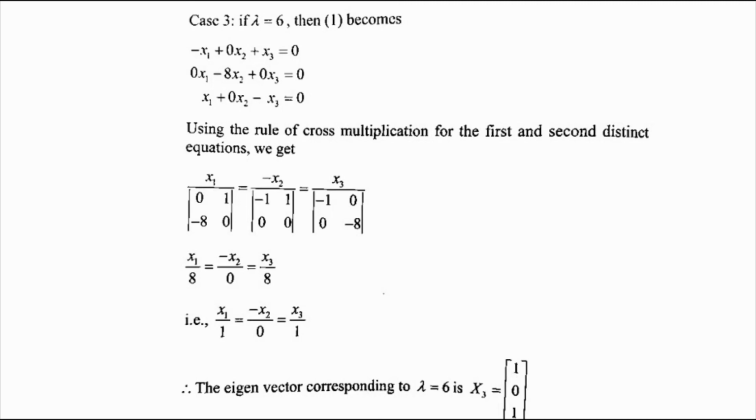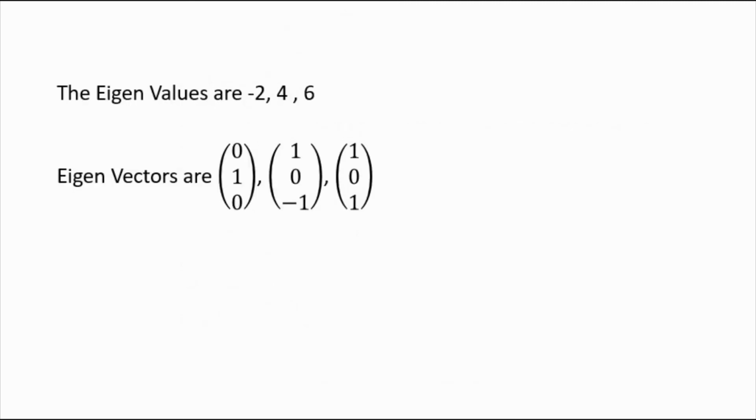So we have got the 3 eigenvalues and 3 eigenvectors, and they are given here in this slide. That is, the 3 eigenvalues are -2, 4, 6, and the eigenvectors are also given here. We also know that all the 3 eigenvalues are different, and in the same way the eigenvectors are also different. So this is the procedure to calculate the eigenvalues and eigenvectors for any square matrix of order n. So I think with this problem you will be able to solve any matrix problem to find the eigenvalues and eigenvectors. Thank you.